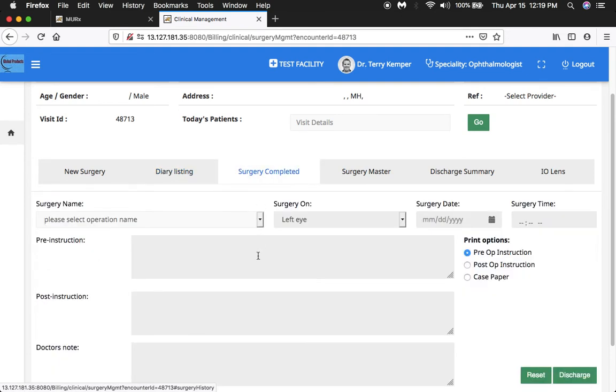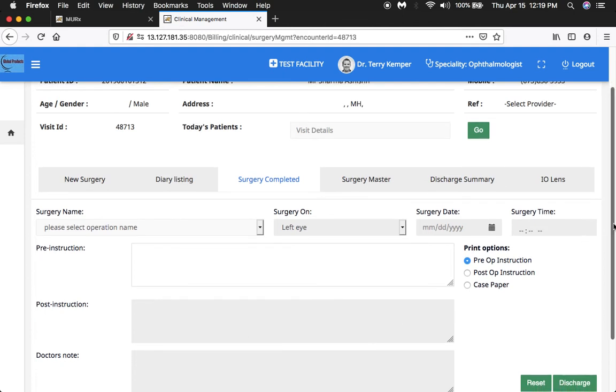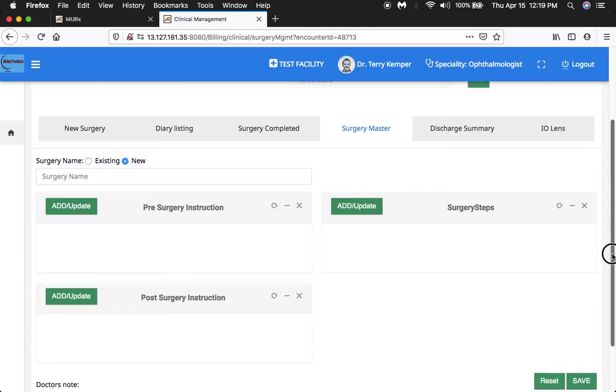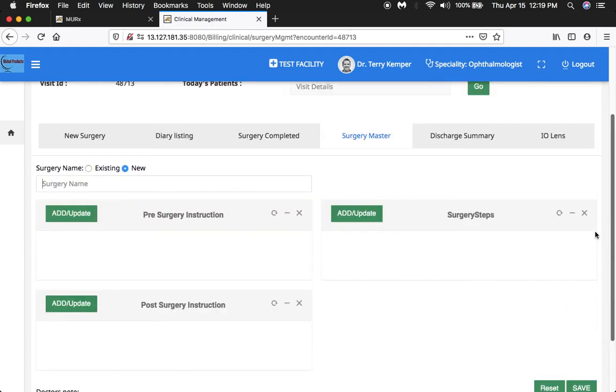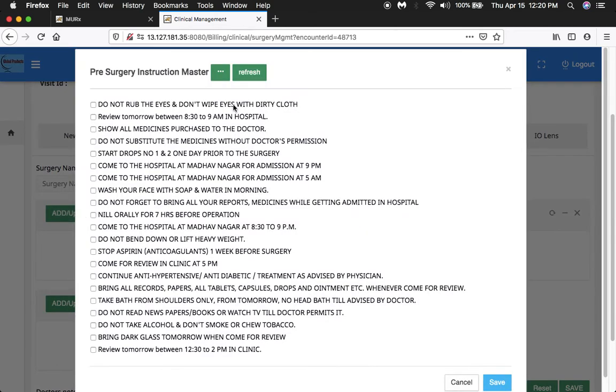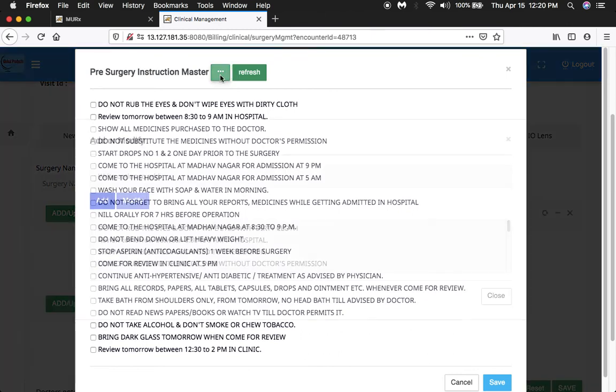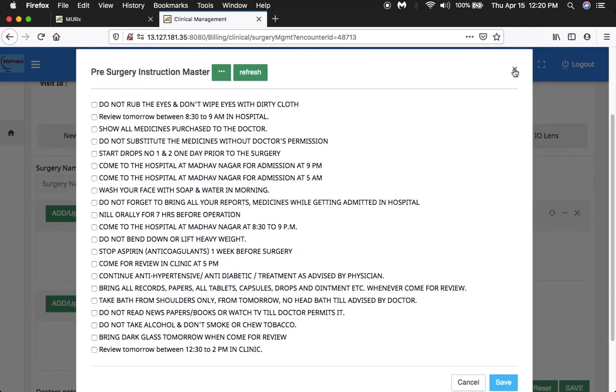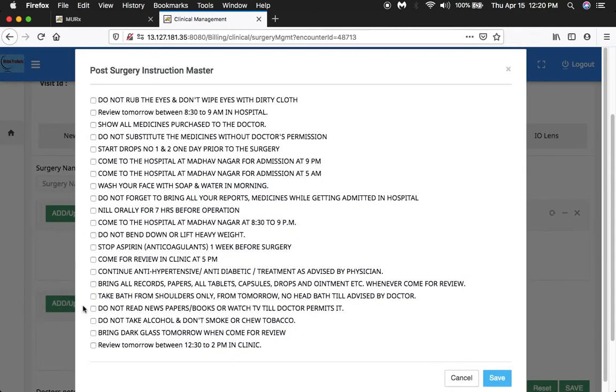Once the surgery is completed, the details can be typed in along with the doctor's note. In the surgery master, new surgery names can be added or modified. Pre-surgery instructions can be added to the list or modified. Similarly, for post-surgery instructions,